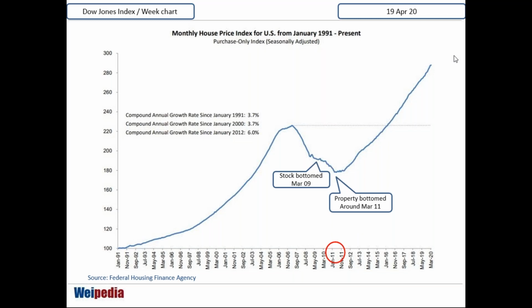Okay, now can you see the flow of things? Good policy, good environment is conducive. 3 months later, the stock market bottomed up. I'm referring to the US market. Then 2 years later, the property market bottomed up. And this is where we are today in the US: the stock and property market is still around the high.